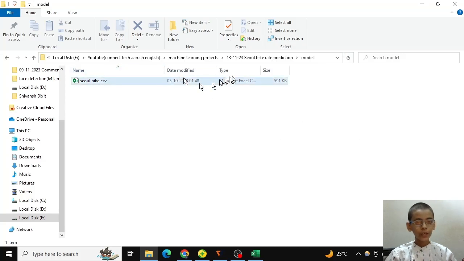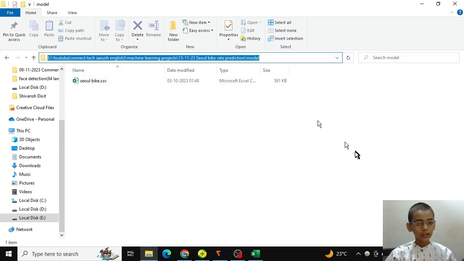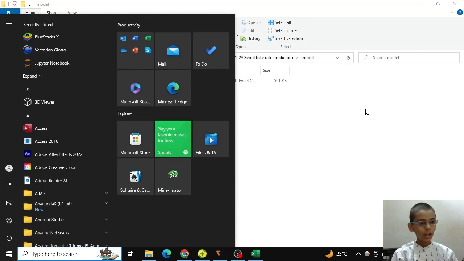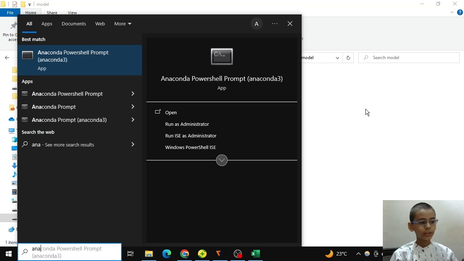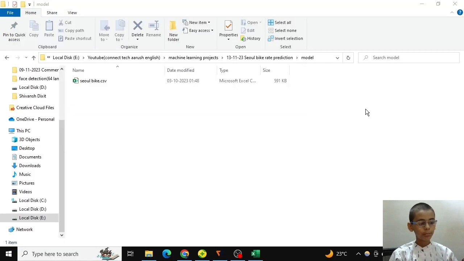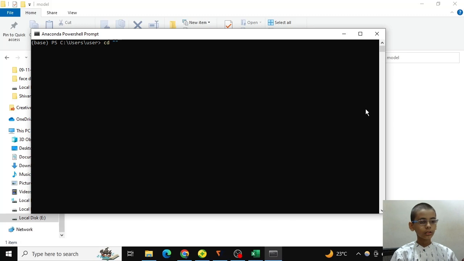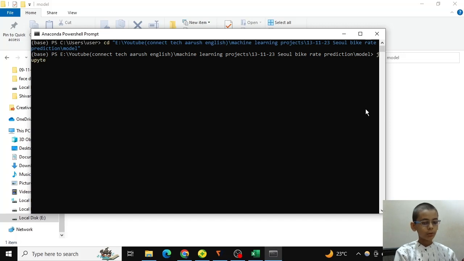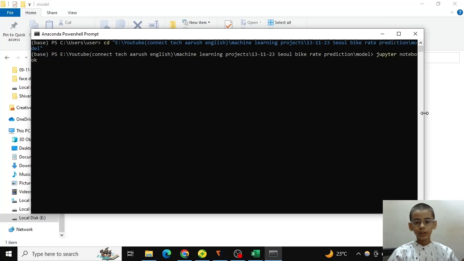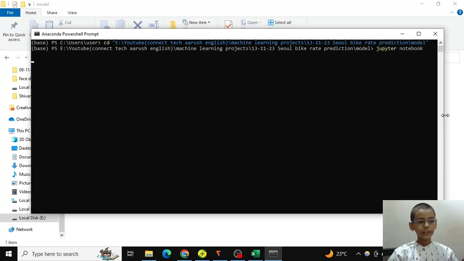We have to open our data file path and copy the path by clicking on the upper side, and then type Anaconda PowerShell prompt, and then cd, then double quotes, and in double quotes we put our path, and after that type jupyter notebook and press enter.